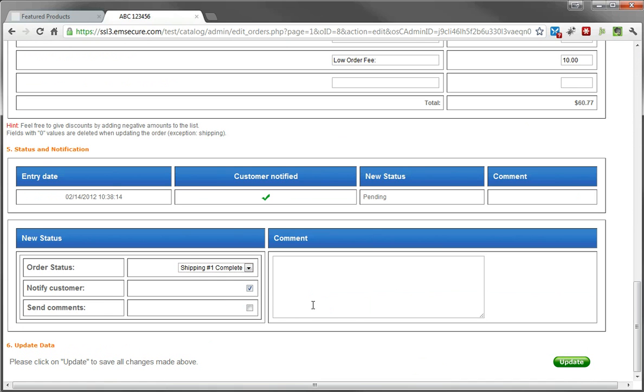However, there's a tutorial on all of this and processing orders, and basically we can just set our own order status. It's pretty straightforward and simple, but if you do have any